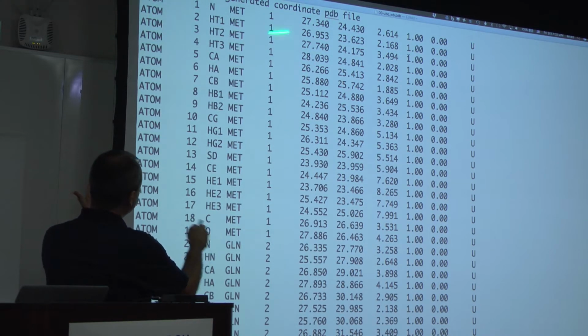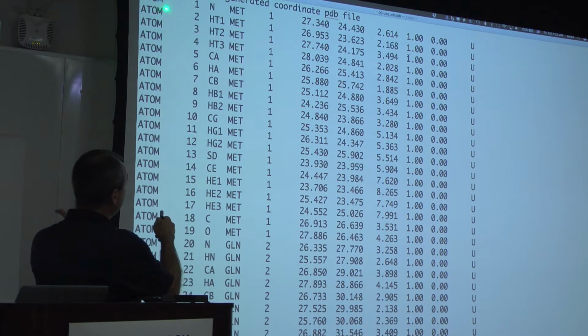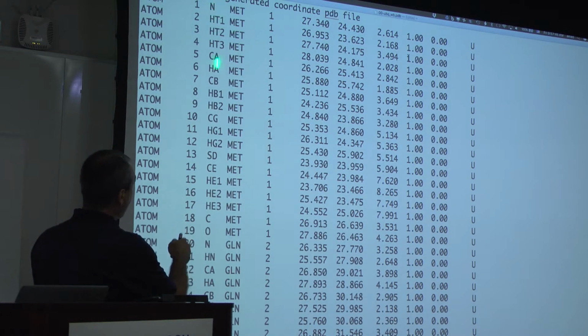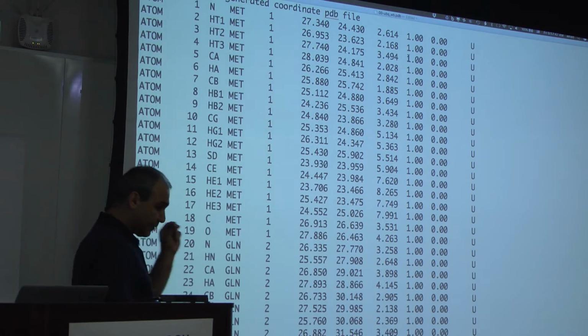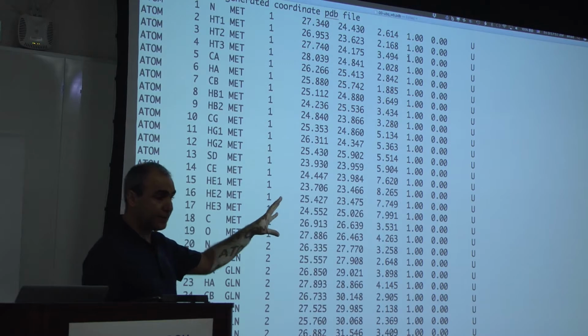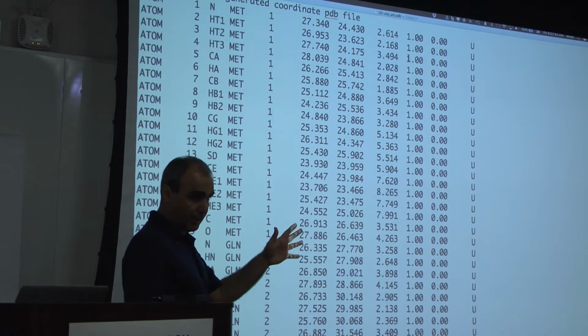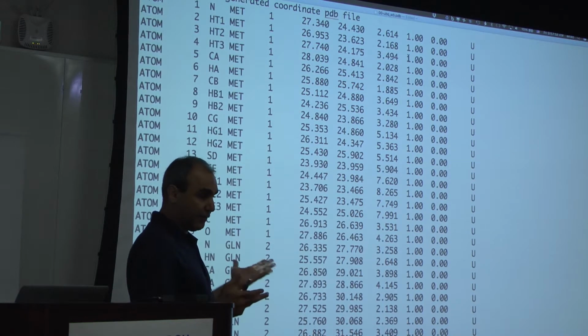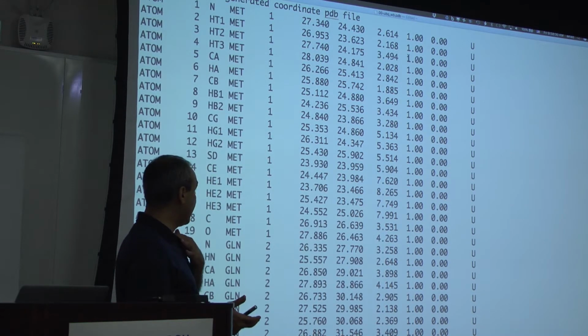So you have lines starting with ATOM or HETATM. Then the index is completely useless. Nobody uses indices in PDB because it's limited, and every program defines its own indices. Then you have the atom name. So this is important now to pay attention. Atom name is just an address. It doesn't have any chemical meaning. It's just a name. You can use your own initials for the atom name when you're generating your own topology